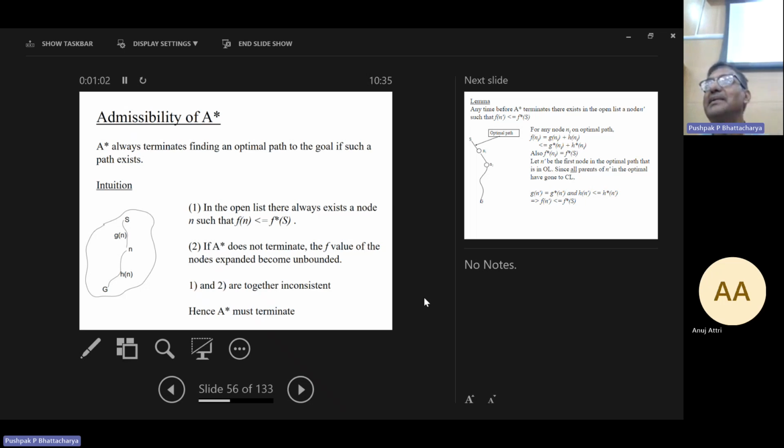We have been doing a very important algorithm for AI, the A-star algorithm. Today in the class, you will implement this also. Last time we proved the admissibility of the A-star algorithm. And the crux of the proof is the following. Just listen to me very attentively. The crux of the proof is that any time before A-star terminates, there is a node on the open